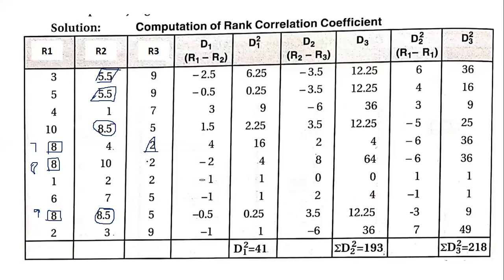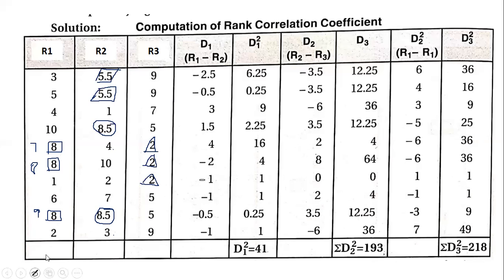1, 2, 3. Okay, all of them are here only. 1, 2, 3. All the 3 are there. So that is why it is given. Then 4 is also not available, but then we have 5. But 5 is repeated